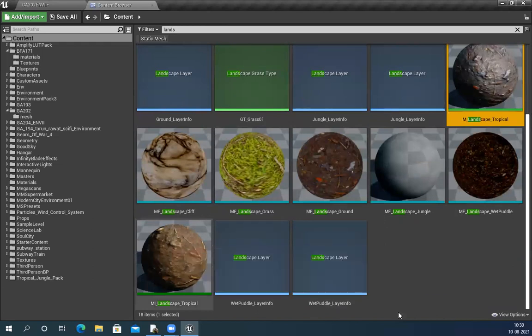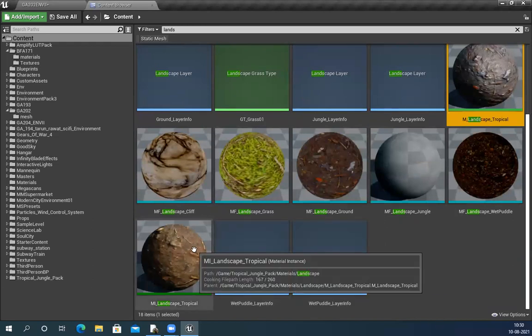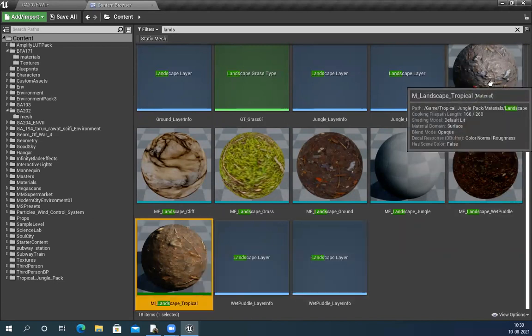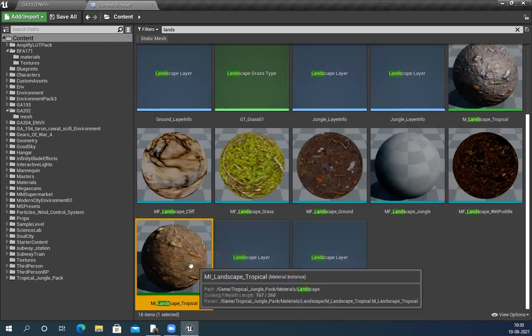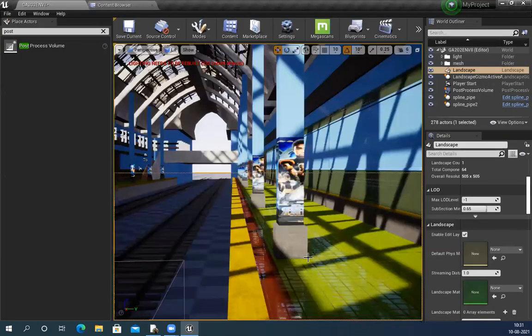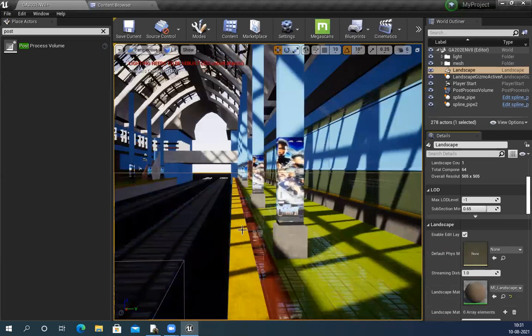Material instance, this one. Let's see. So I'll use an instance so that I can control it. So landscape material, just apply it.